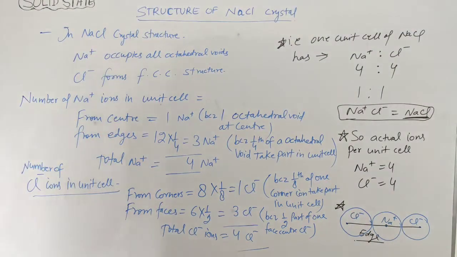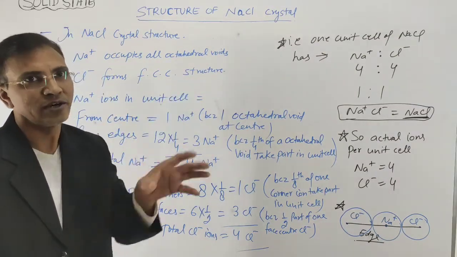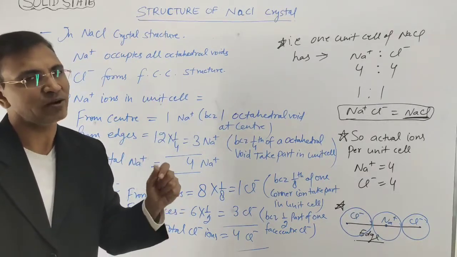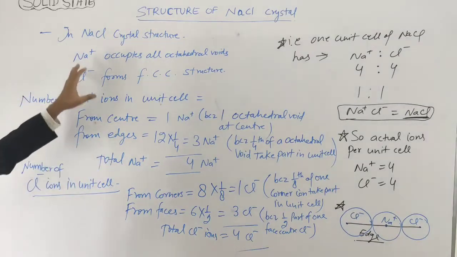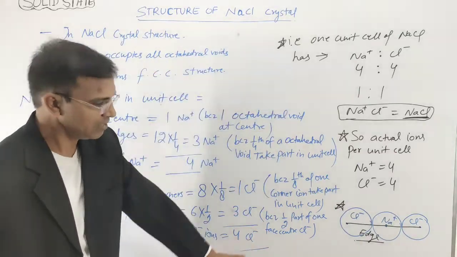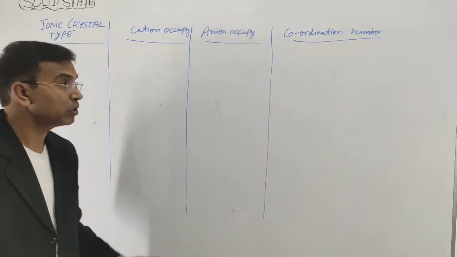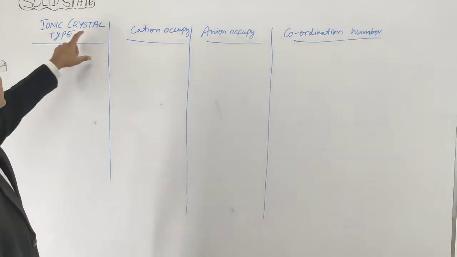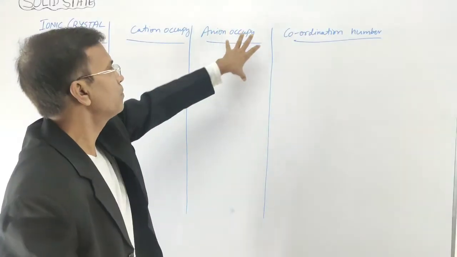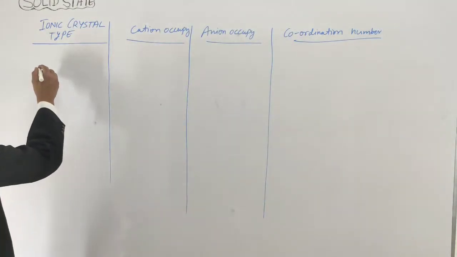Now the next thing is I am going to draw a table, a chart, from which you may easily compare the crystal lattices, types and coordination numbers. As we have studied the structure of NaCl crystal, in the same way other crystals are also there. So here is an important chart about the solid state ionic crystal types: which voids the cation occupies, which structure the anion forms, and the coordination numbers. Now the first one is NaCl.